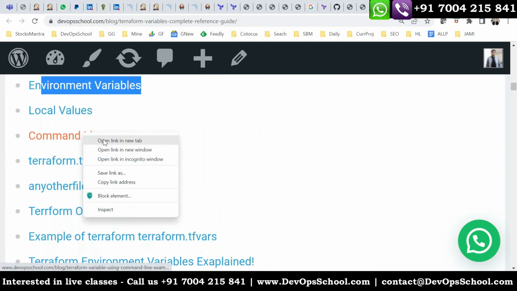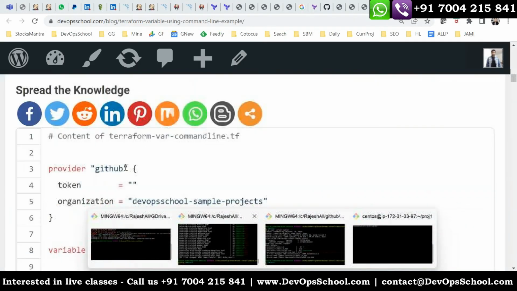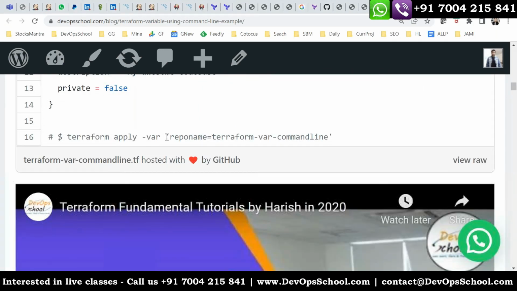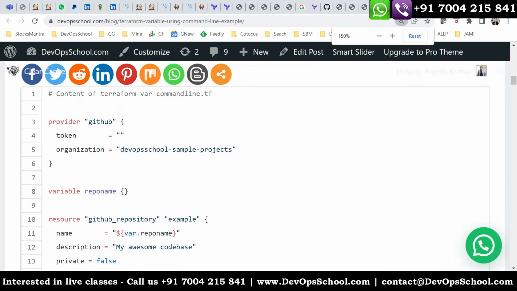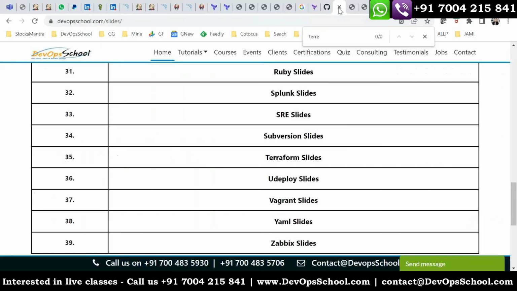You can set a variable on the command line also. Command line means the Terraform command line. How? Let me show you an example. See here, I'm setting up the variable here. Look at this code, very simple. Here I'm using the variable repo_name. The value is not declared, I just define the variable with no default value, and you are declaring it at the command line. You see this line. Are you able to understand that? Yes, all of you? Yes. So you can declare that variable on the command line also.